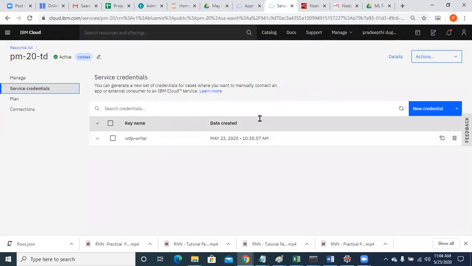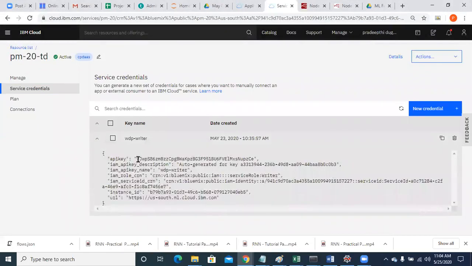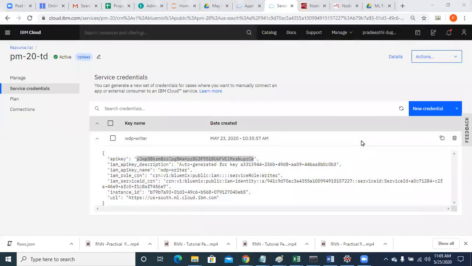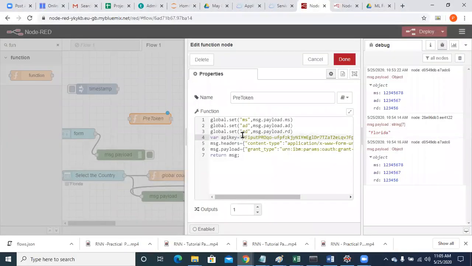You can just open those service credentials. Here you will find your API key. Just copy that and paste it over here, in the place of the API key.